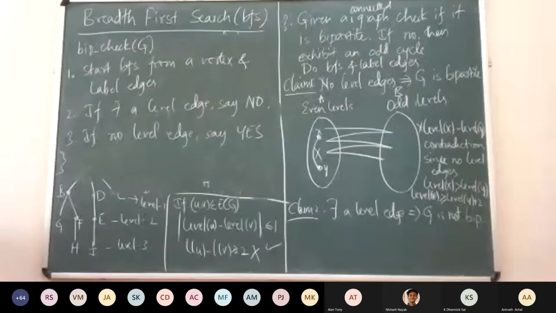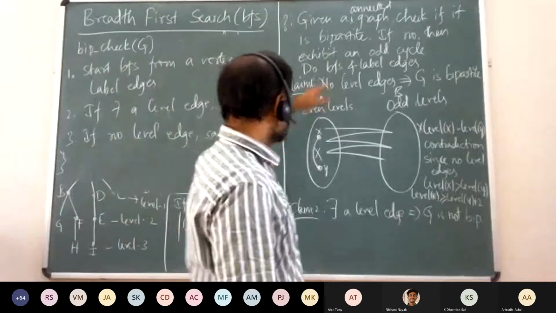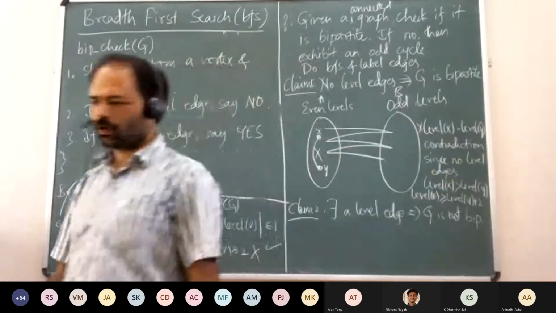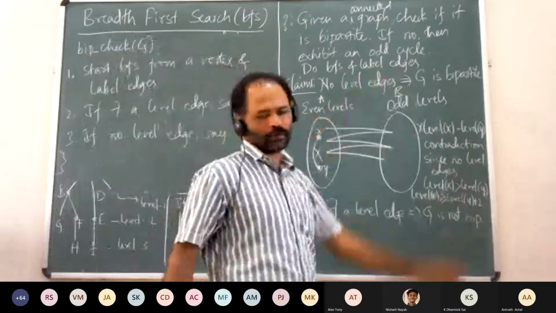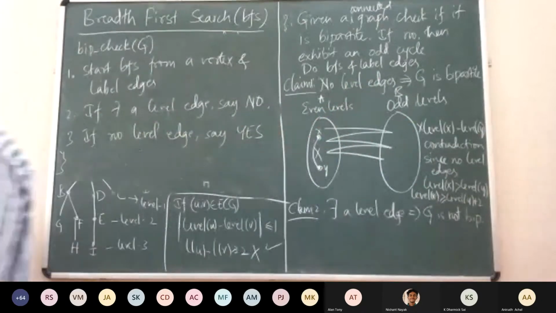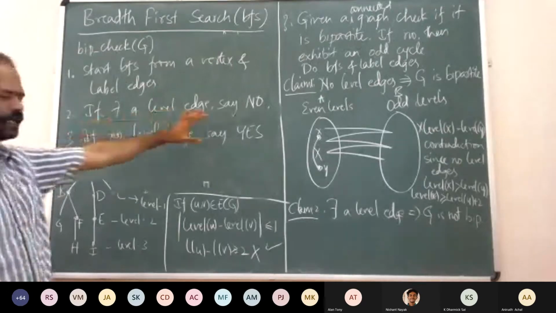So Suresh said, suppose we said yes, then it is correct, right? Then it is always bipartite, right? That is what we proved now. You gave us a bipartition. You take all the even levels on one side and all the odd levels on the other side. That will give us a valid bipartition as long as there is no level edge, right? Good. So is that part clear?